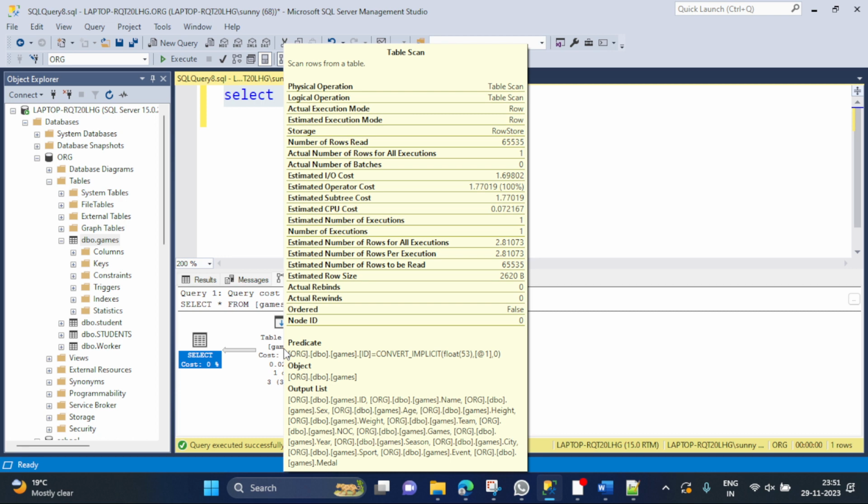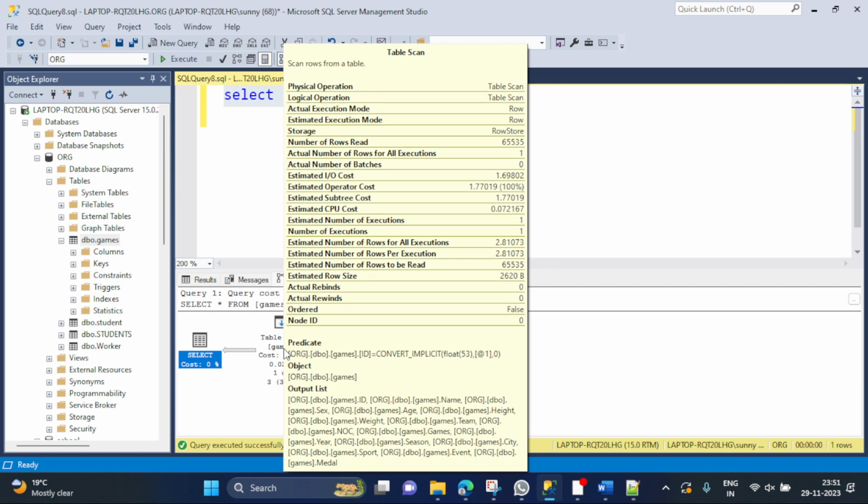You can see in the sixth row the number of rows read, which is 65535, all the rows. So it has to read all the rows to get this output, which is not good because we need a single row, but internally it has to check all the rows because there was a full table scan. And with this query there was an estimated CPU cost, which you can see here,